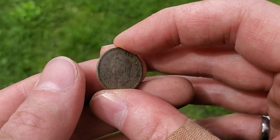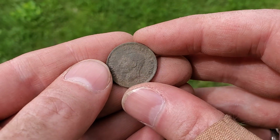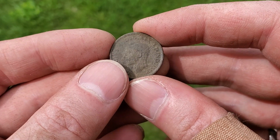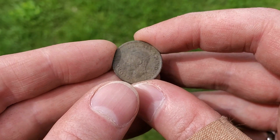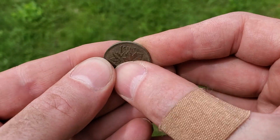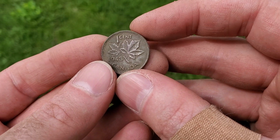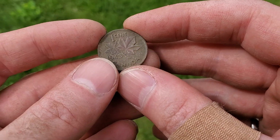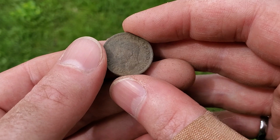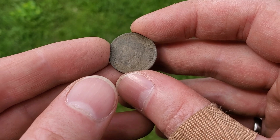But George VI is most commonly known nowadays, I guess, to the younger generations as the subject of the movie The King's Speech, although his speech impediment, his stutter, was somewhat exaggerated in that, I think. And of course, he was never destined to be king. It was only when his older brother, King Edward VIII, abdicated and started a constitutional crisis that he took the throne in 1936. In fact, 1936 was a year of 3 kings. George V died, Edward VIII took the throne, and even before he could have his coronation, he abdicated, and George